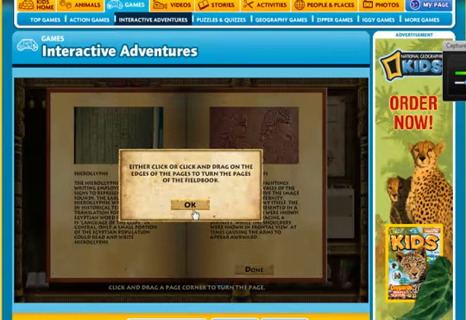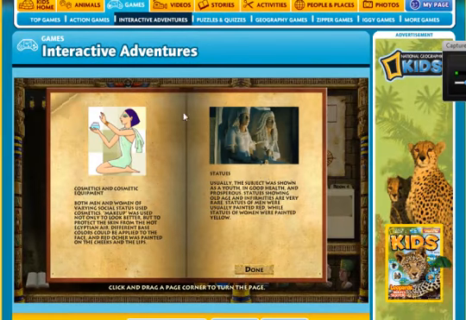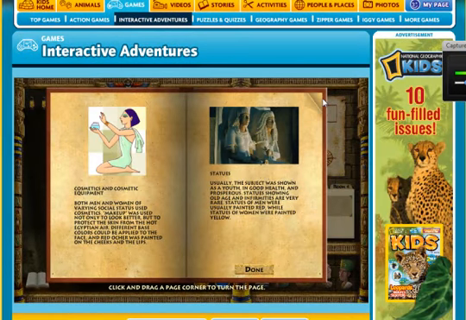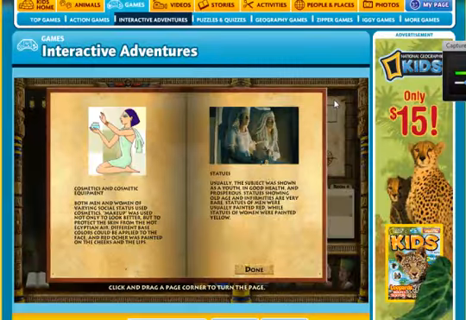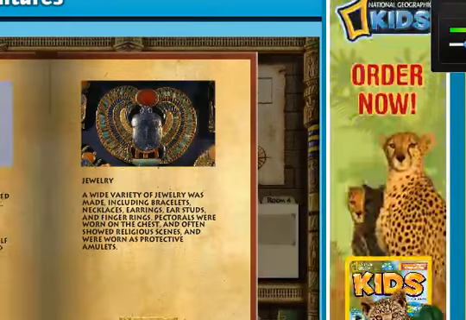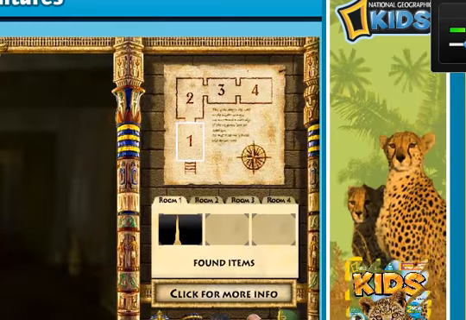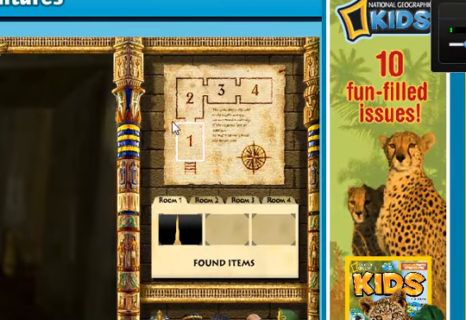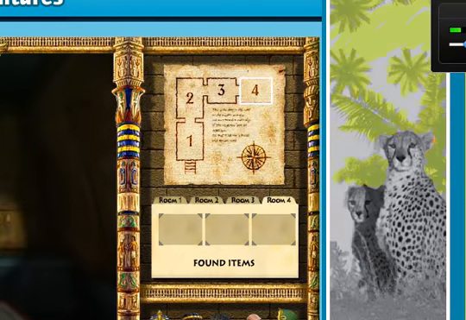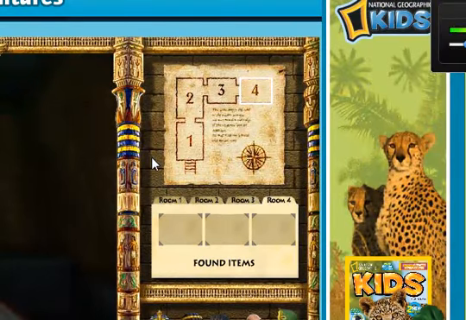Down here you have a book in which you can flip through, peeling the pages away as you go, and you can read on how the different statues and wall art and hieroglyphics and jewelry were defined and how they're used. This game uses many different forms of expression in that